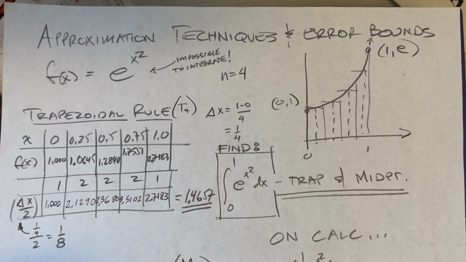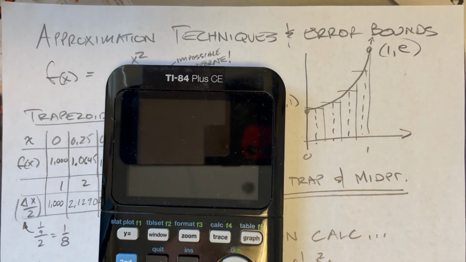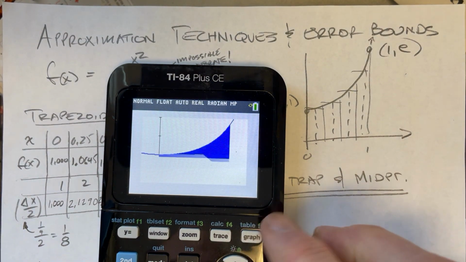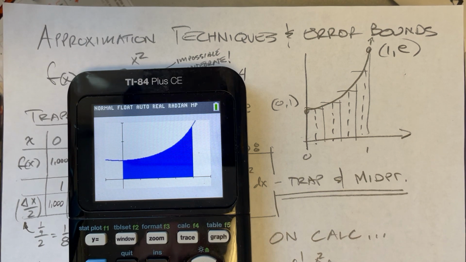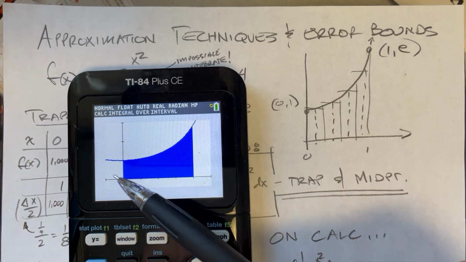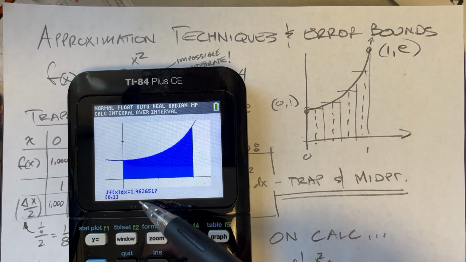We can actually graph it on the calculator and see what it looks like. Here is the graph. There is the integral. I can do it again just to verify. If I go to second trace, as you know, 7, the lower limit is 0, the upper limit is 1, and will it refill that in? Oh, it doesn't even refill it in, but it shades across there, of course. Whoops, and there it is,